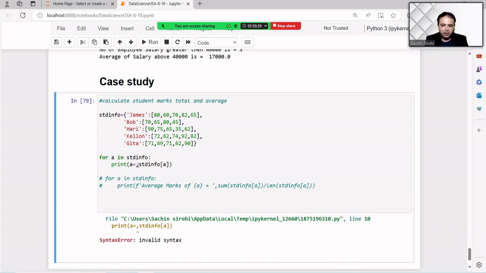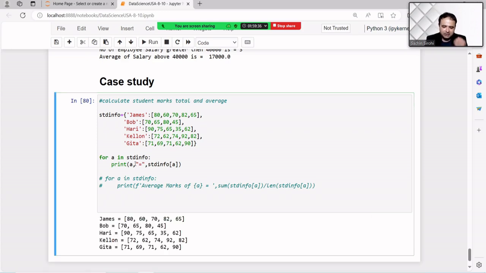So how can we embed the equal sign? Again we have to use double inverted commas, or pass this one. Then we can embed. But this kind of thing is something old. So in Python we have a latest concept to print the formatted output, the f string.